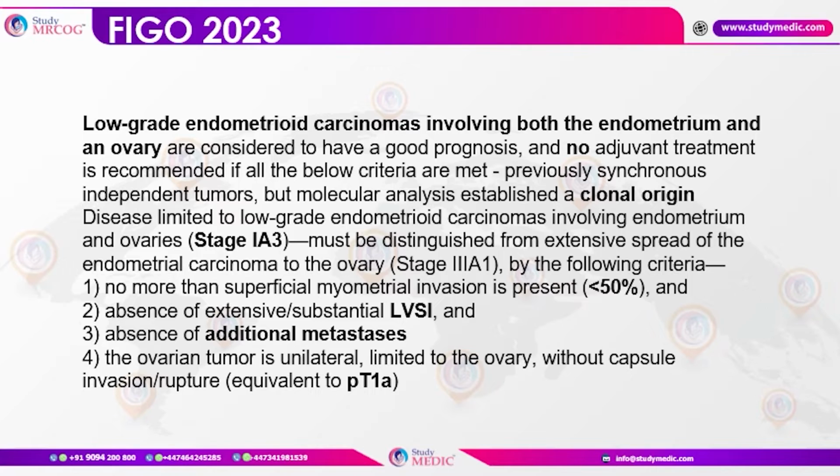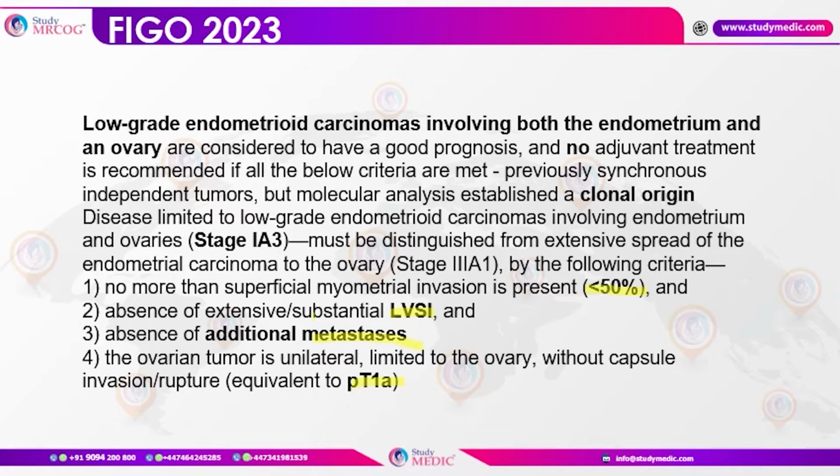So what are the criteria? Number one is no or no more than superficial myometrial invasion, that is less than 50% of the myometrial invasion. LVSI should not be substantial. It can either be focal, it cannot be substantial LVSI. There should be no additional metastasis. And the ovarian tumor should be unilateral, limited to the ovary without capsular invasion or rupture, that is equivalent to pT1a in the ovary. So you have to see that